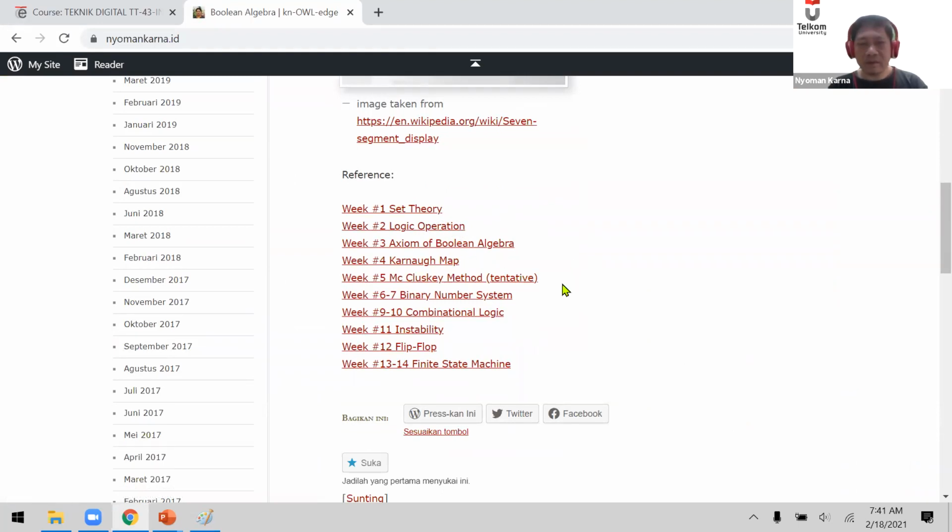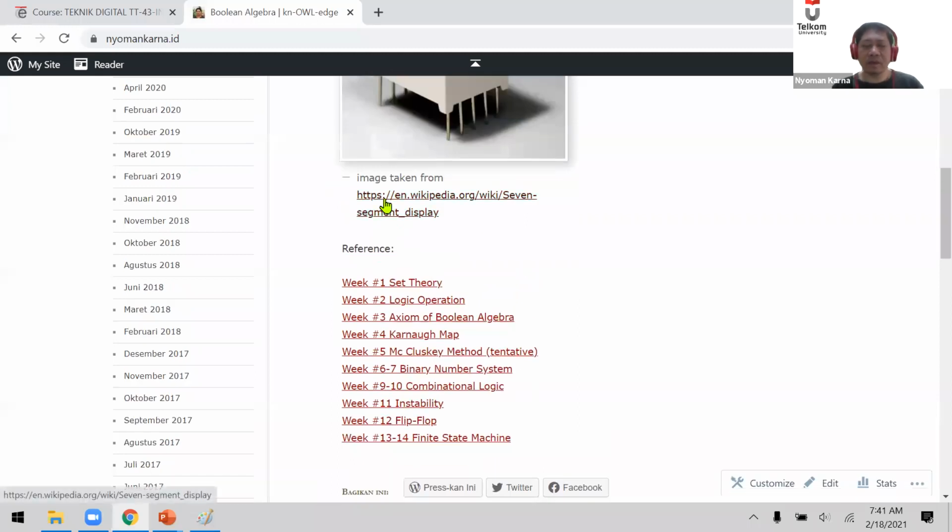For the fifth week, it's a class K method. It's supposed to be optional. And then 6 and 7 is binary number system, it's numeric system. Okay, and then after the mid-exam, we're going to discuss about the finite state machine, starting with combinational logic, and then instability, flip-flop, etc. Okay, so you can download the teaching material from my blog.